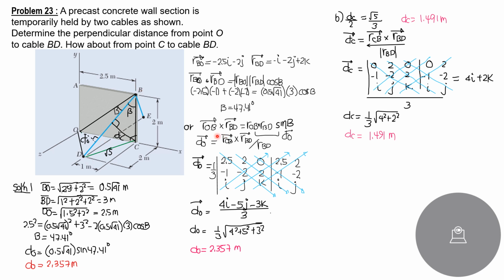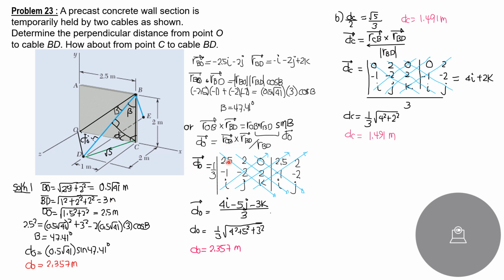So ROB cross RBD is magnitude of ROB times magnitude of RBD, then times sine of the angle B. And take note that ROB times sine of B is the perpendicular distance DO, but this is in vector form. So DO therefore is ROB cross RBD divided by RBD. But it is in vector. So RBD is 3, so we have 1/3, and